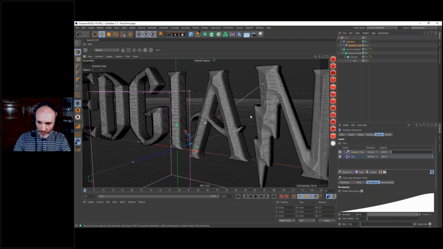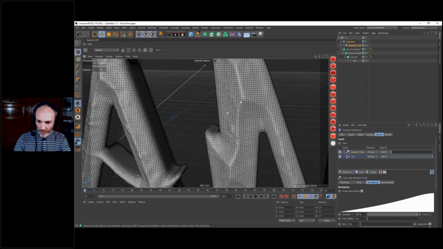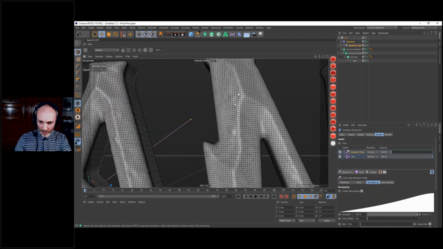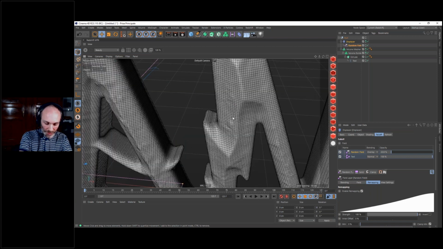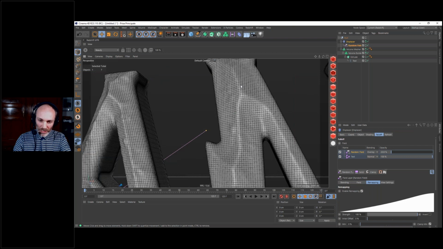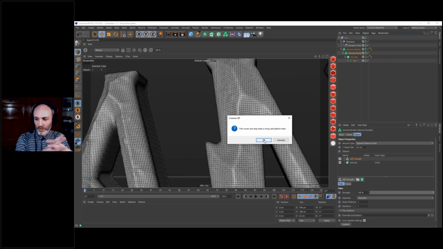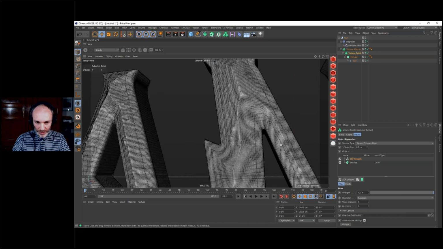So we agree we have really affected the geometry, which has been changed. This is not a texture effect. This is real displacement, which is very interesting. But because we don't have such a refined mesh, we won't have very fine detail. We could try here on the volume builder to lower the voxel size again. Let's go to 0.5. Yes, I know. And we will have some nicer detail, as you can see.